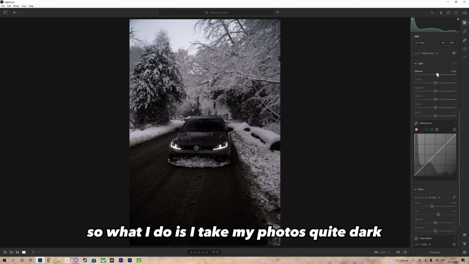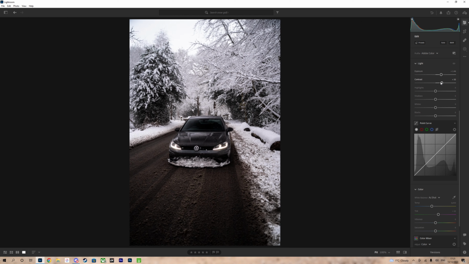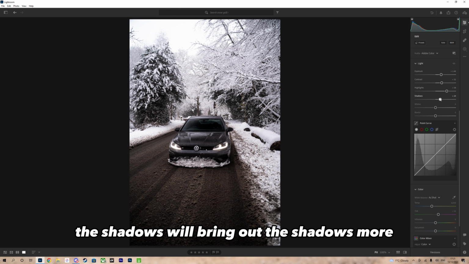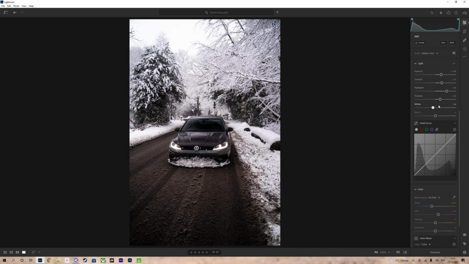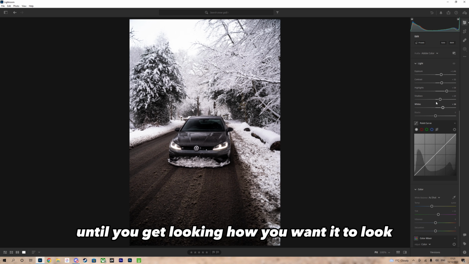So what I'd do is, I take my photos quite dark and I usually expose them a bit. So that's a lot brighter. I usually do light first. So I'll change all of these. I literally go through them in order, changing them one by one. Like the highlights will make the snow nice and white, the shadows will bring out the shadows more, make it lighter. And then yeah, you just want to play with it until you get it looking how you want it